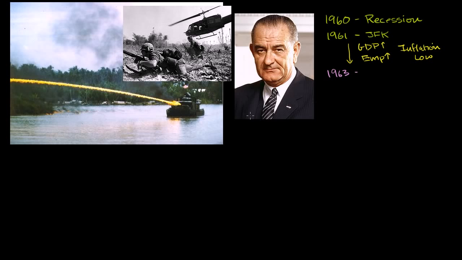And then his vice president, Lyndon Baines Johnson, that is LBJ right over there, becomes president. A little bit of trivia. He's tied for the tallest president in U.S. history, tied with Abraham Lincoln at 6'4". And so he inherits a very, very good economy. Almost, one could argue, a perfect economy.